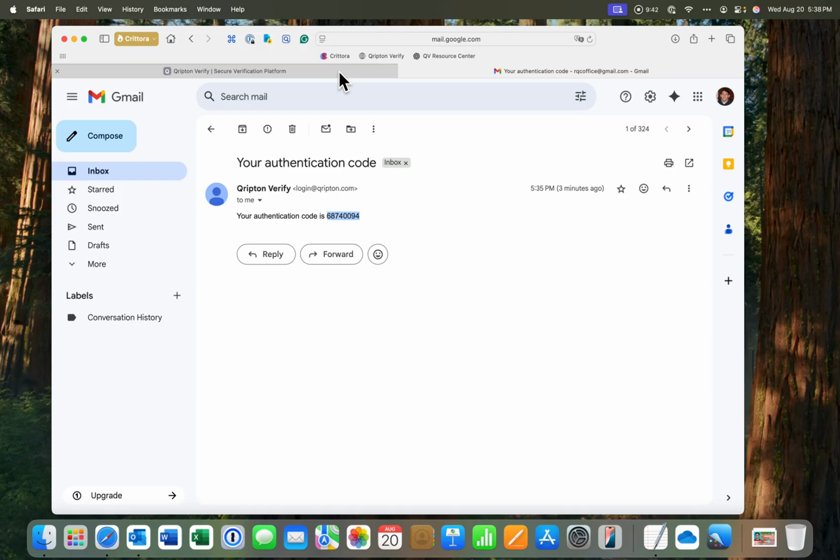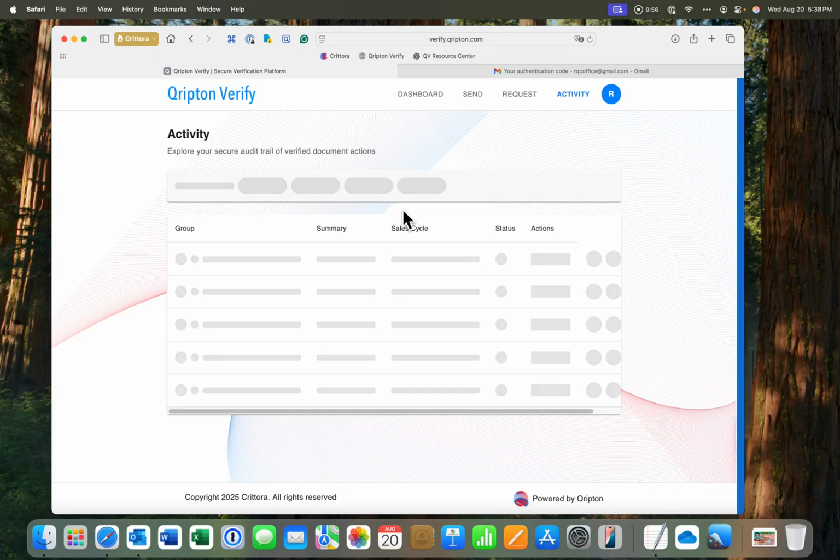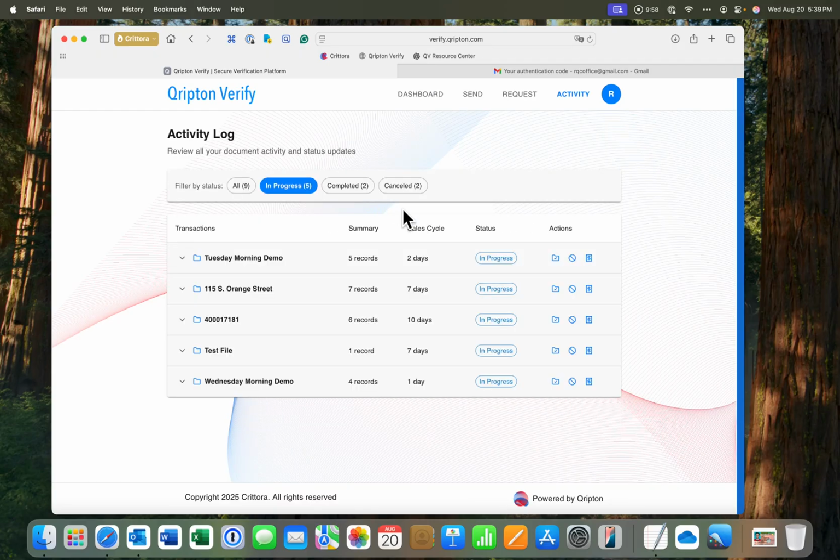I'm going to come back to my sender. This is the person who made the request. And now I'm going to go to the activity log. When I click the activity log, it's going to update with anything that's happened since the last time I was logged in or I looked at this. And I'm going to see that under Wednesday morning demo, these are all the files that I have in process, by the way,